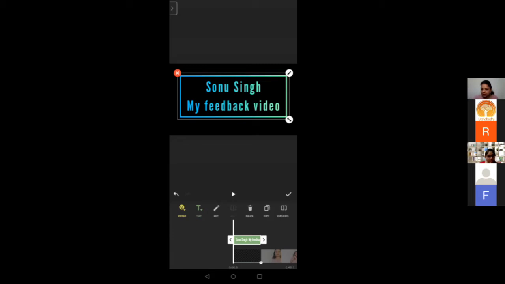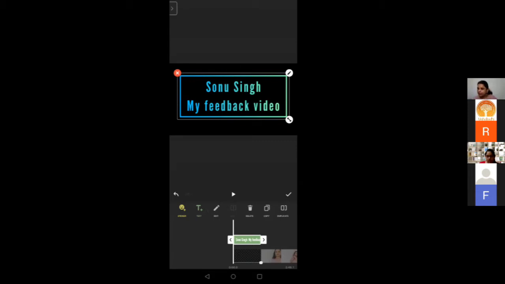Can you see below? ये आपको स्क्रीन के ऊपर नहीं दिखेगा. For the sake of preview it will show you on the screen, but for the edits it will show you here.